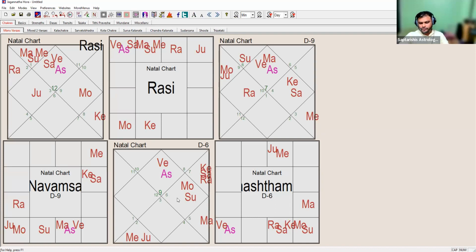Okay, Moon is the lord of what? 5th house. Sun is the natural karaka of the heart and all. So now we have a confusion here. I think Dolly is taking the 4th house for the heart, and we are taking the 5th house for the heart. The thing is, both show heart, but there is a different meaning for both. The 4th house is a heart, but which heart?